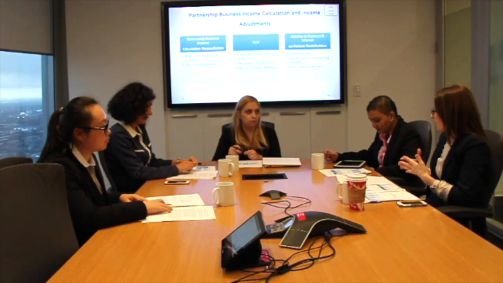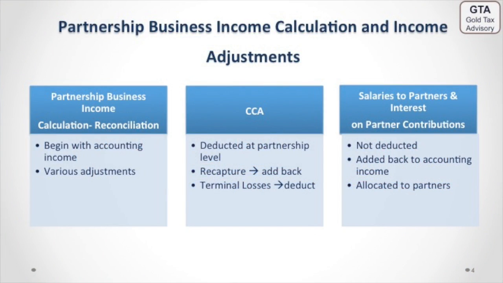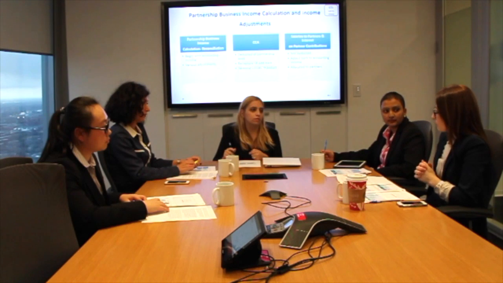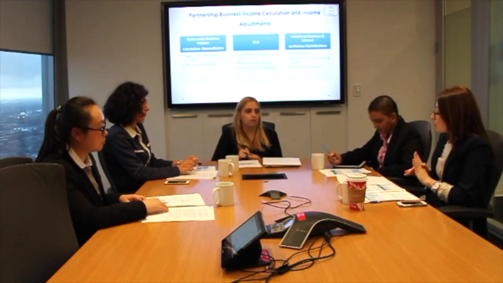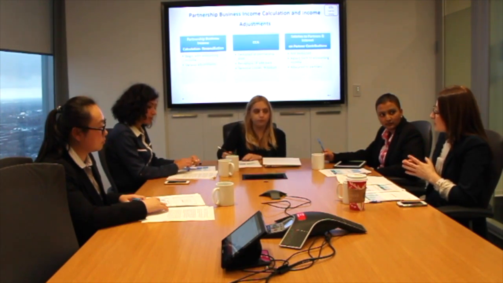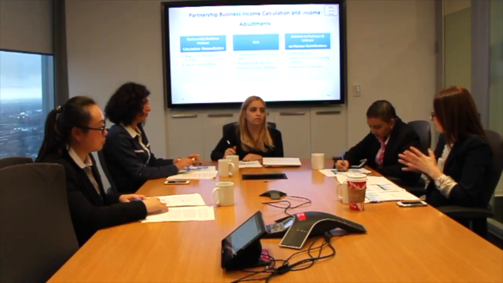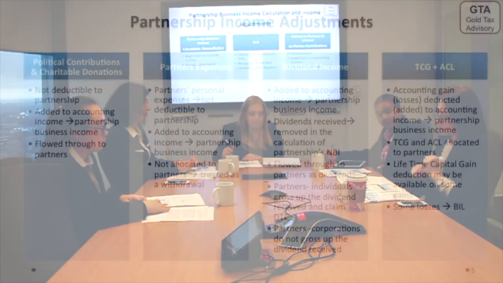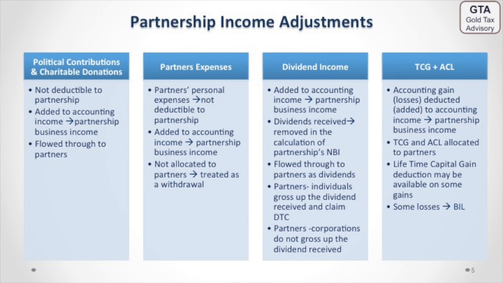So we will start with the accounting income and make the appropriate adjustments. The main adjustments that are different from the corporation are that salaries to partners are not expensed, so they have to add it back to the accounting income, and they will be treated as withdrawals from the partnership. Just to make sure, once again, partnerships are not taxable entities. The income is taxed in the hands of the partners. So political contributions, charitable donations, partners' personal expenses, these are not expenses to the partnership. They are allocated to the